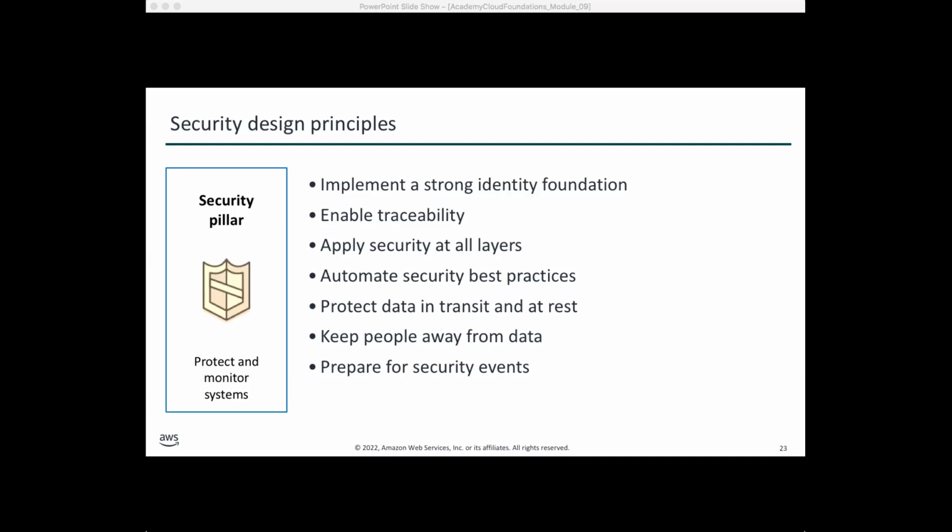Next, you can see keep people away from the data. Now, this would mean that the idea is to reduce human errors, right? The risk of loss, modification of sensitive data, or exposure of sensitive data due to human error. The mechanism should be placed there. Obviously, tools and technologies, like encryption technologies, reduce or eliminate the need for direct access or manual processing of data. So basically, automation here as well.